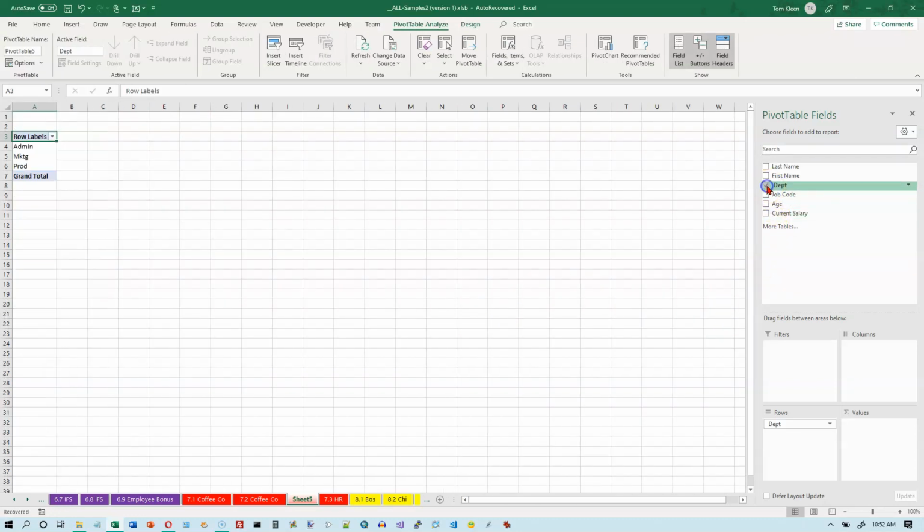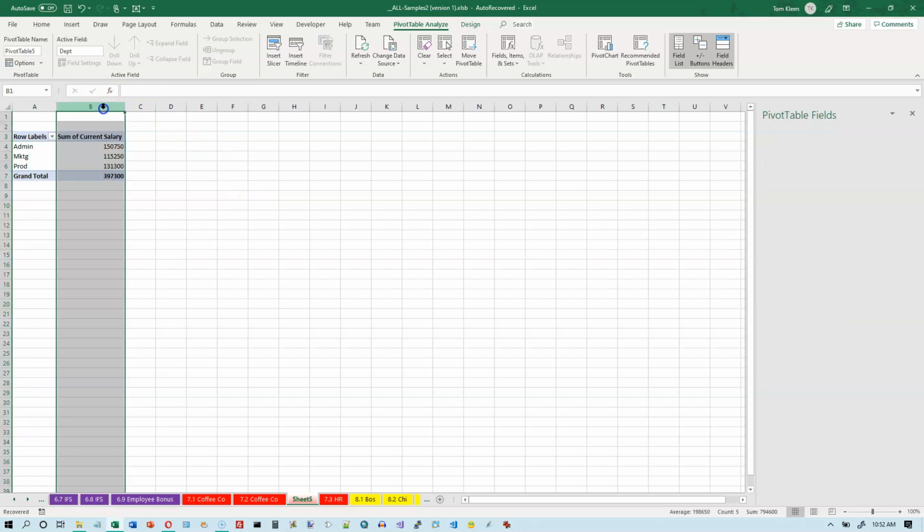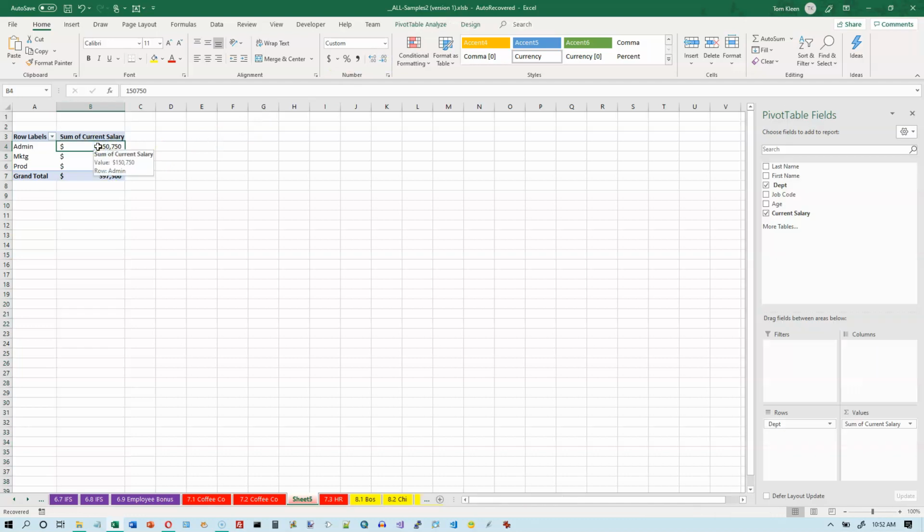So let's click on Department, and let's click on current salary, and it will sum the current salaries for me. And again, it doesn't remember the formatting, so I have to go in and format it myself. Okay, so this is a real simple pivot table. We've got 3 categories and 3 sums, and if I want to make it into a pivot chart, just go